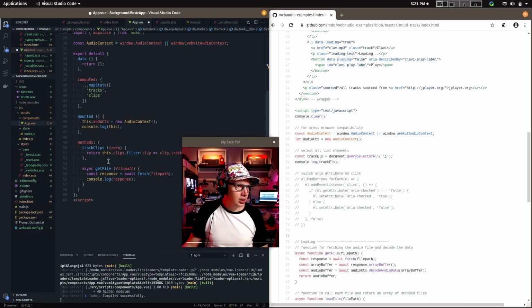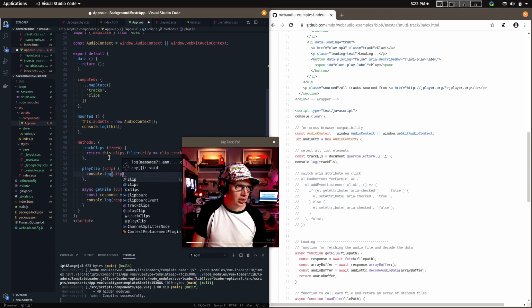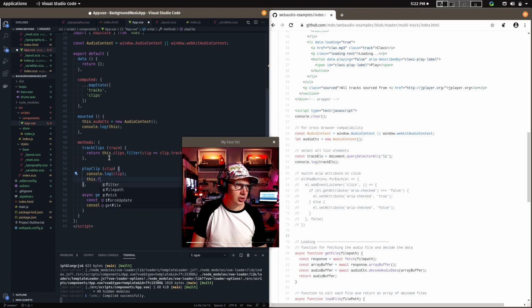And then in here, there's going to be a play clip method, which will accept a clip. So let me console.log the clip, and then I should be able to go this dot get file clip source